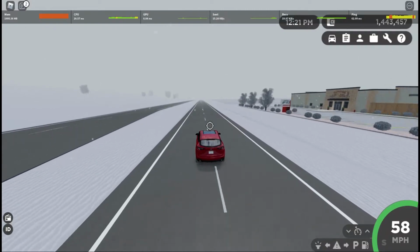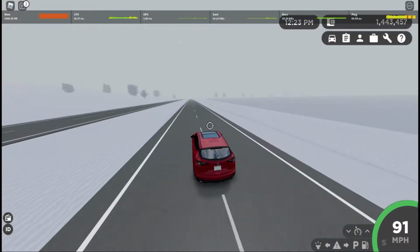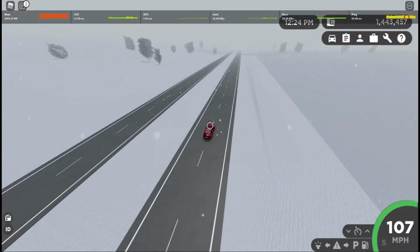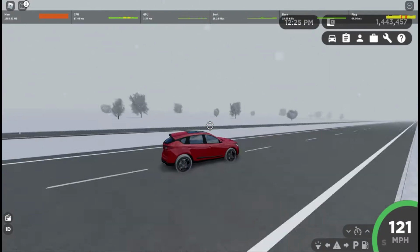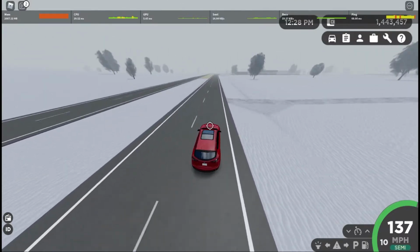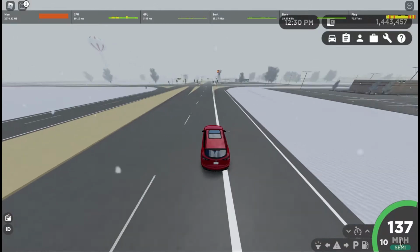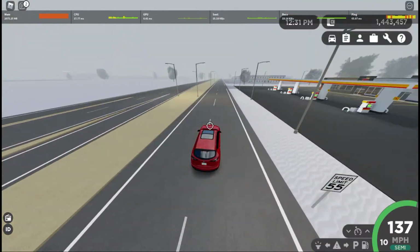Along with that, when you now drive on the snow, your tires do turn white, and then after a while, they do go back to normal black, and then when you drive back on the snow, they turn back to white, which I think is pretty cool. Top speed on this thing is going to be 137 miles per hour, or 222 kilometers per hour with 10 gears,